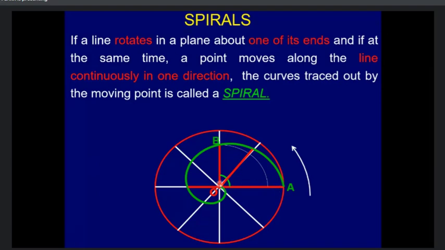So an Archimedes spiral is nothing but the disk rotating in a particular direction, either clockwise or anti-clockwise, and simultaneously a point on that rod or disk is moved inside the periphery or outside the periphery. In this case, the point is moved from the outer periphery to the inner periphery. Where is the point coming? It is coming from outside to inside. The condition can also be that the point moves from the inner periphery, that is the center point, to the outside. Like that.